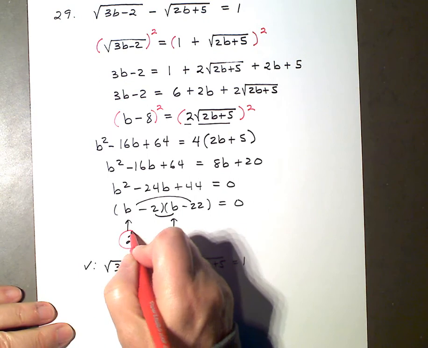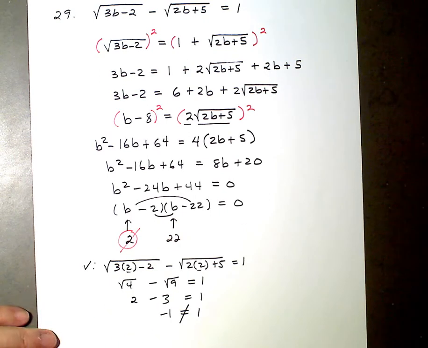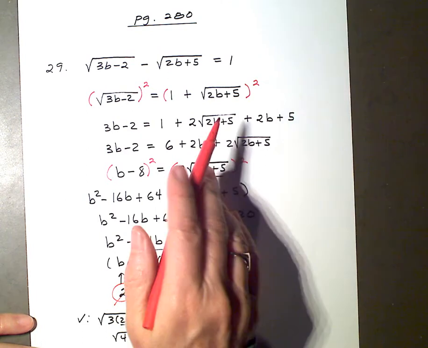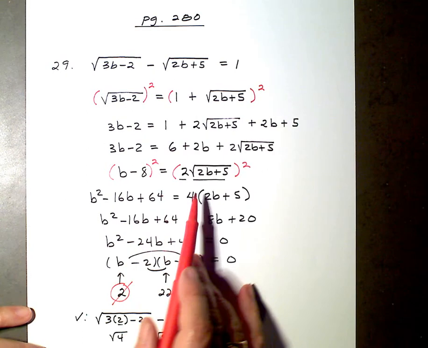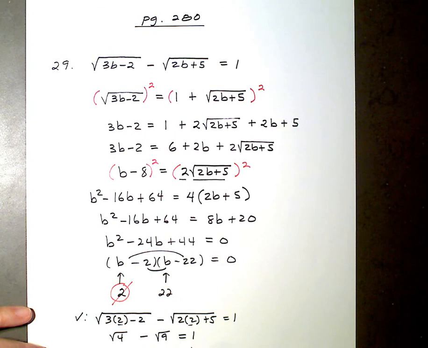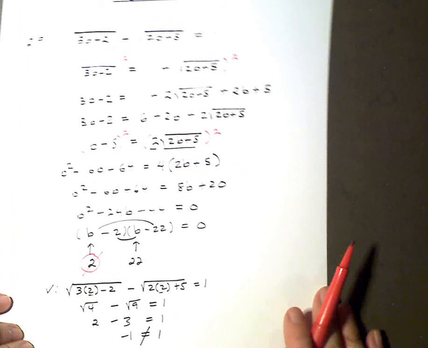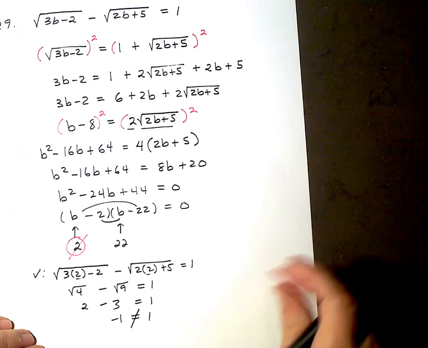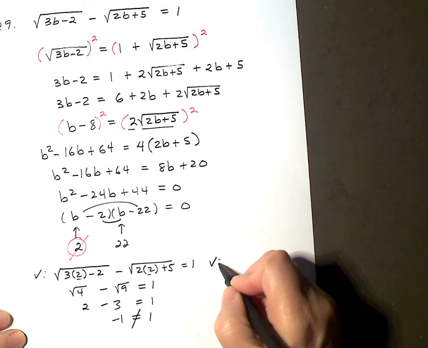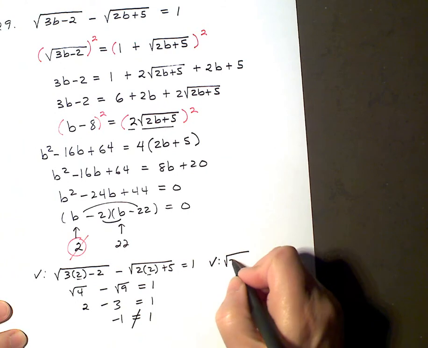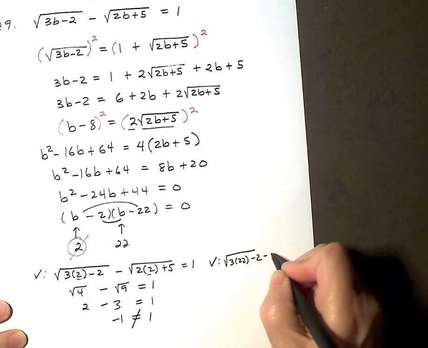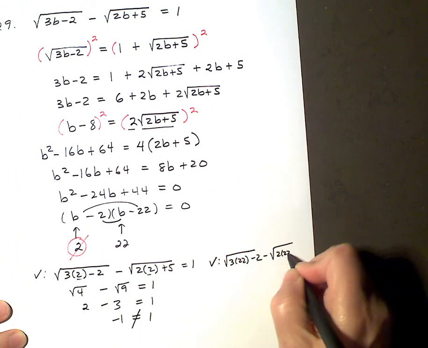It's an extraneous solution. That happens when we square things, when we're solving equations, when we manipulate and transform the original equation, that sometimes you get results that don't work in the original. So then the last thing to check would be the 22. So let's do that over here. The square root of 3 times 22 minus 2 minus the square root of 2 times 22 plus 5